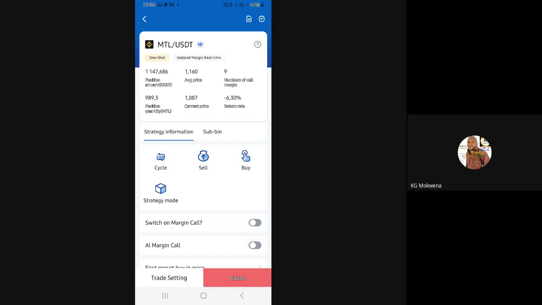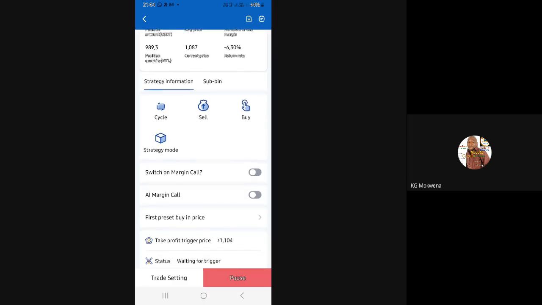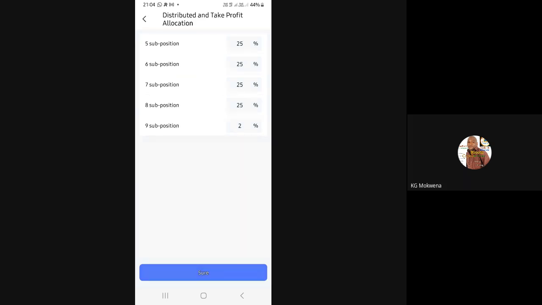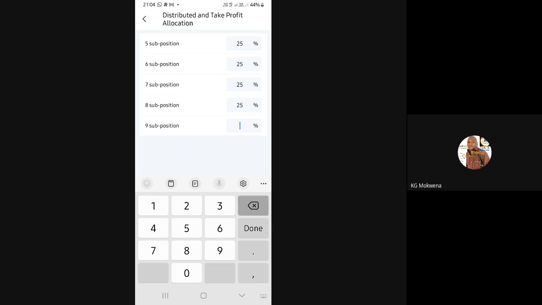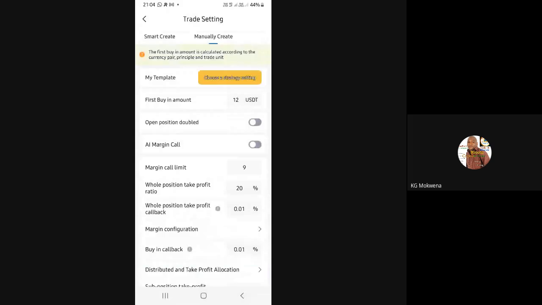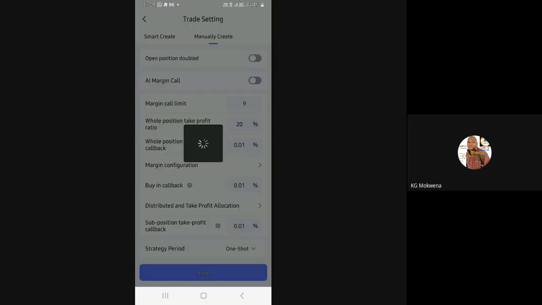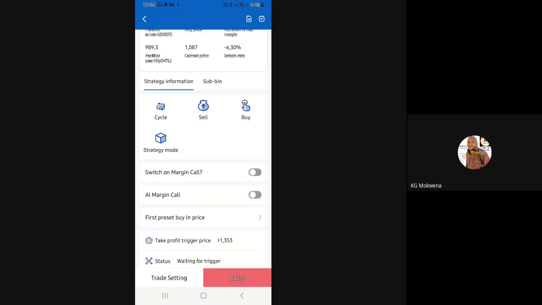Trade setting at the bottom left. Okay. And then we go to distributed and take profit allocation, so that we increase take profit for position number 9. Yeah, let's make it 25 also. And then we click show, and then we save it at the bottom. We are sort of creating room, we're just creating room for more profits, business partners. You know, so now that we are there,